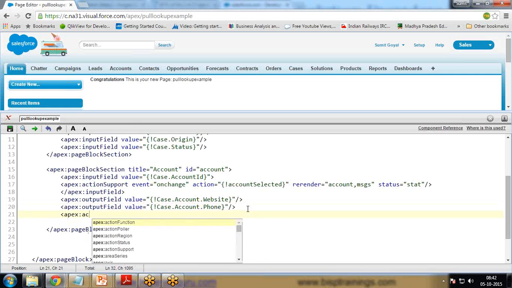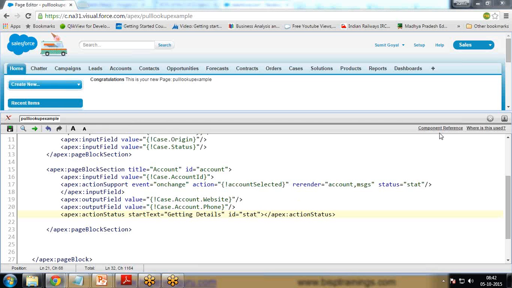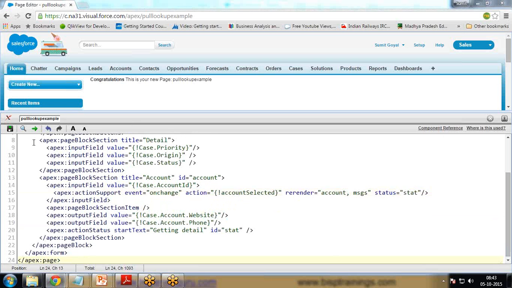and apex:actionStatus, this is to display the status. Start text is "getting details", and id is equal to stat. This is for changing this status. So this is the Visualforce page, and now when we save it,